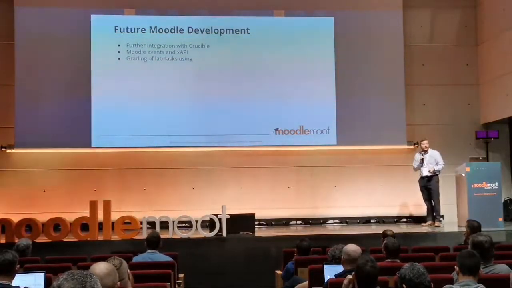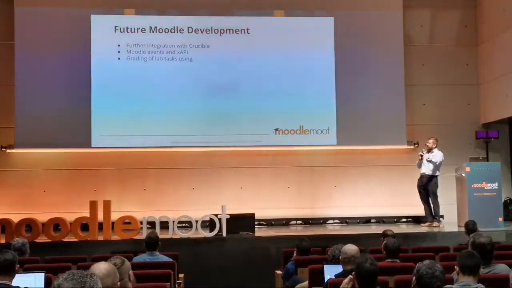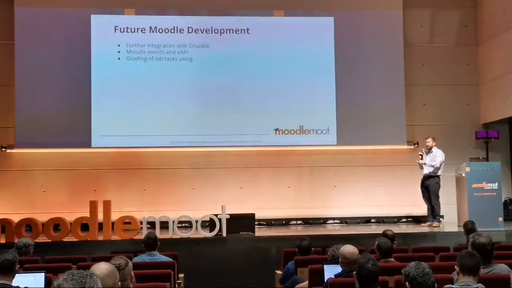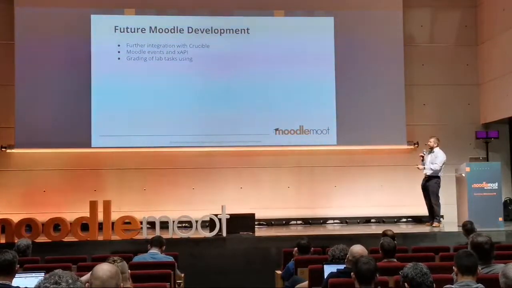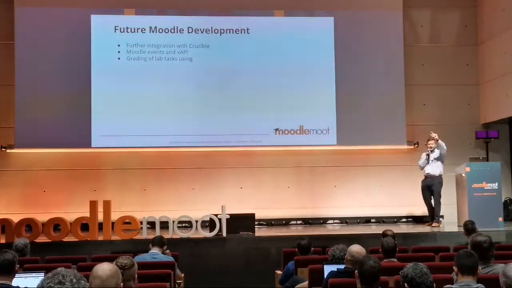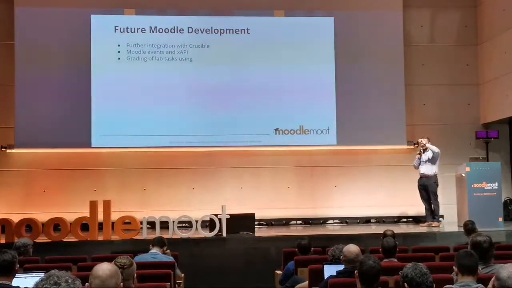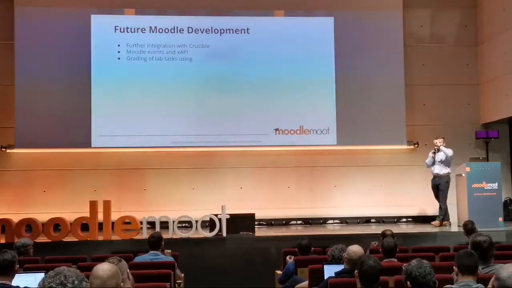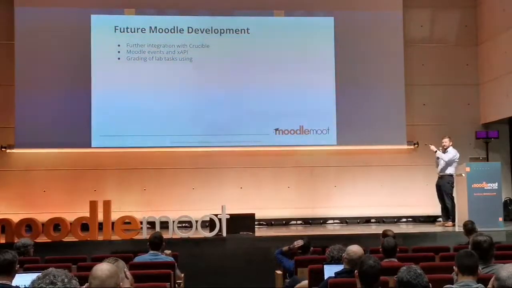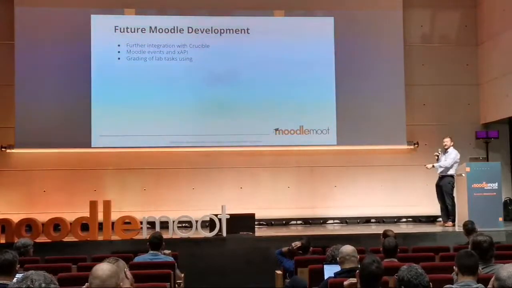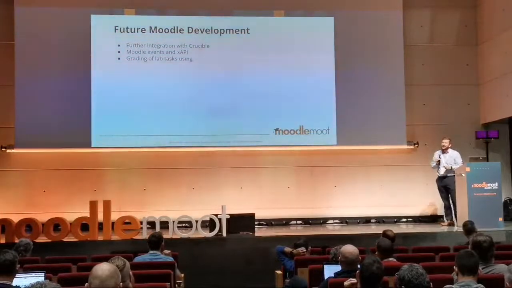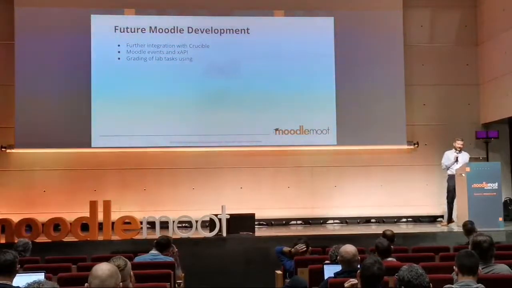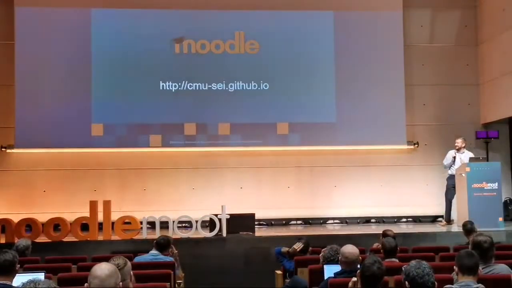Further things to do is further use vTunnel and Crucible in order to provide automatic grading of lab tasks. So in the Moodle activity, above the VM, we can say, task 3, execute the netstat command, and we can have our utilities check to see if the student ran that command, and then check that task off and advance it automatically. So that and maybe a group mode on the quiz is where we want to go from here.